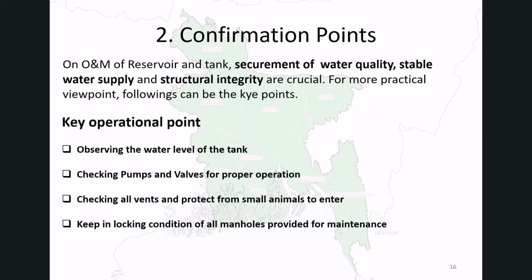The distribution tank has a large storage capacity and is usually operated by a pumping station. Several pumps are connected in parallel, and the number of pumps in operation is adjusted according to hourly water demand. An elevated water tank, on the other hand, is mainly used to balance daily peak water demand. Therefore, operating water tanks and reservoirs also involves managing pumps, valves, and other related equipment. Here are the key operational points.